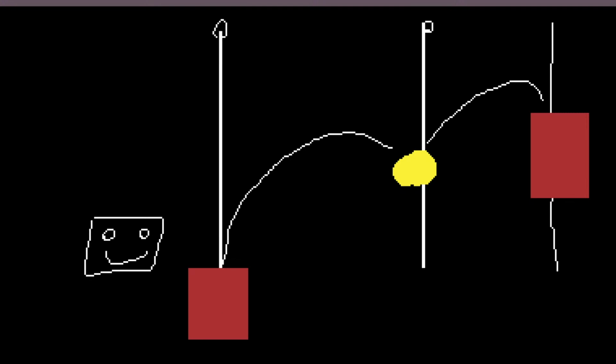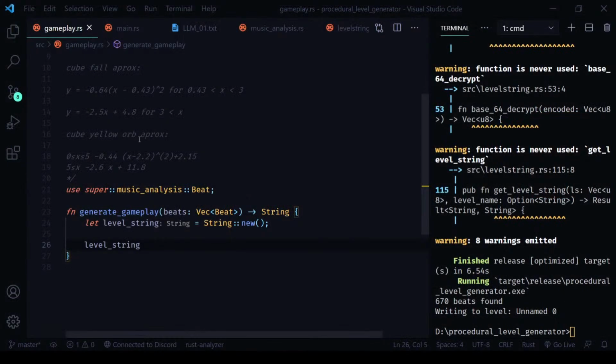Okay, so let's actually try to program something right now. So let's just try to make something. We should first off keep track of the Y position of the cube. It should start as 0. 0 is like